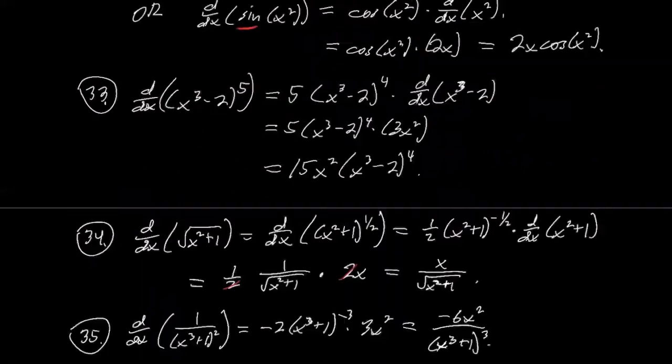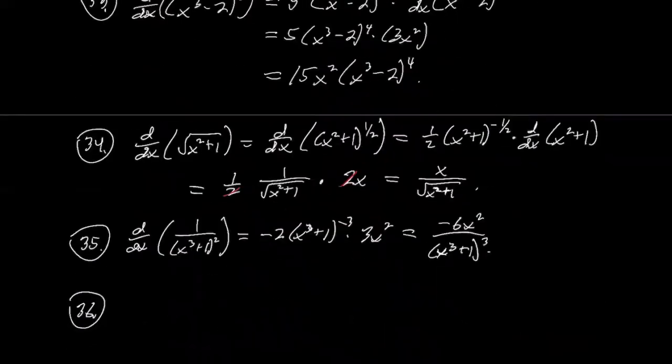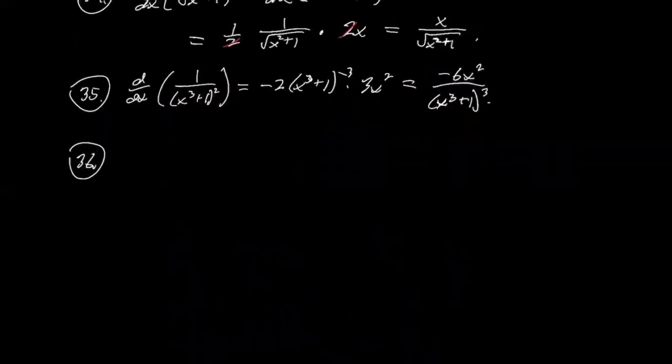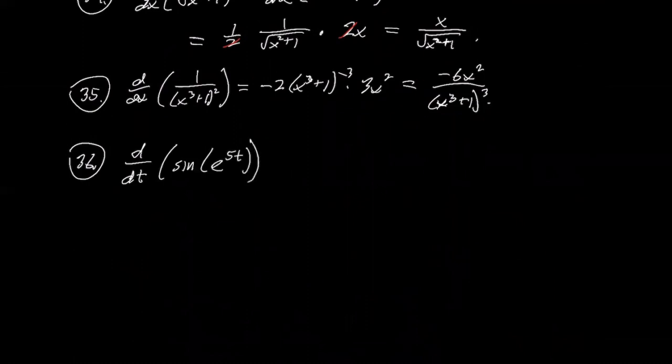36. What's 36? Sine of e to the 5t. Oh, this is a nice one. So notice we're differentiating with respect to t now. Sine of e to the 5t. Now, really, you can think about this as 3 layers: the sine layer, the exponential layer, and then the multiply by 5 layer, going from outside in. So that's cosine of e to the 5t times the derivative of e to the 5t,